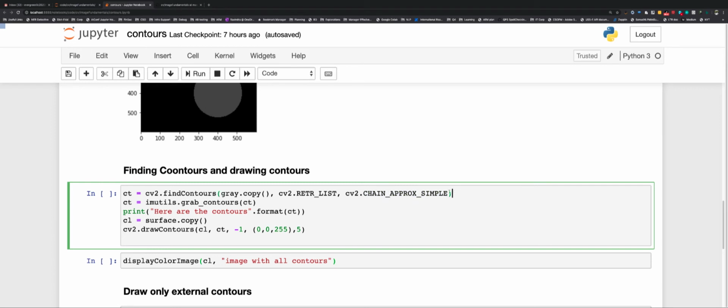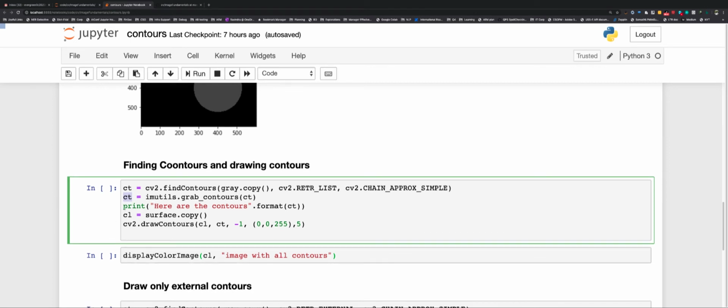So this will return me a tuple of contour objects, and then I'm going to normalize the contours into a format that different versions of OpenCV understand, and that is where this imutils.grab_contours function is really helpful, right? All we need to understand is it just converts to a format that a lot of different versions of OpenCV understand. Then we're going to display those contours,